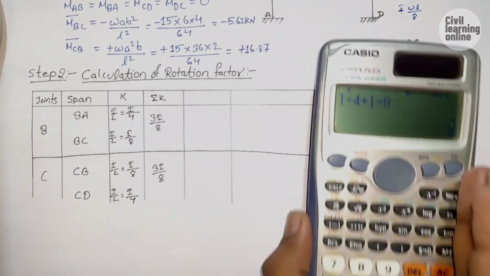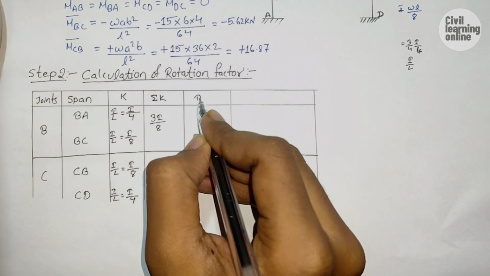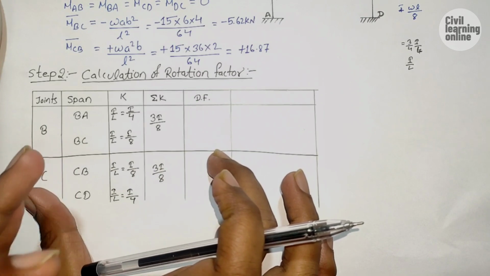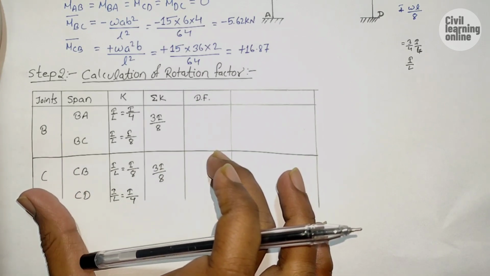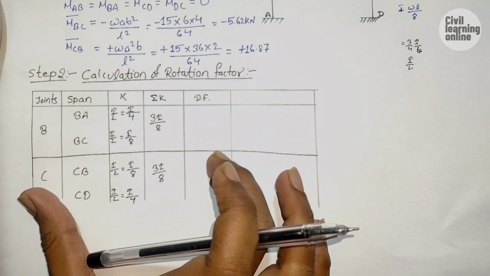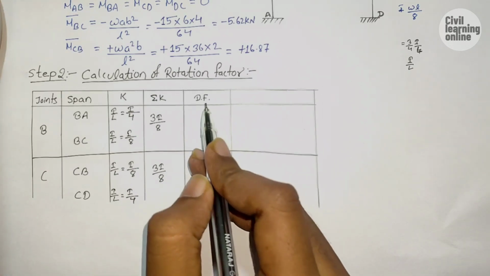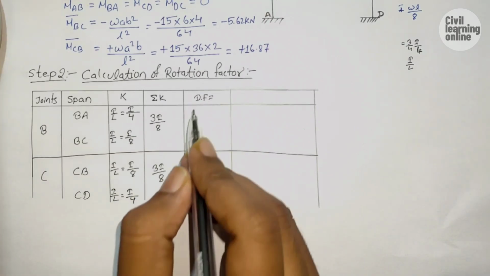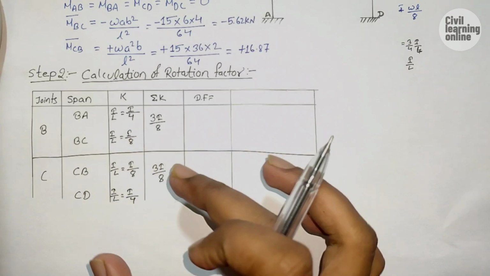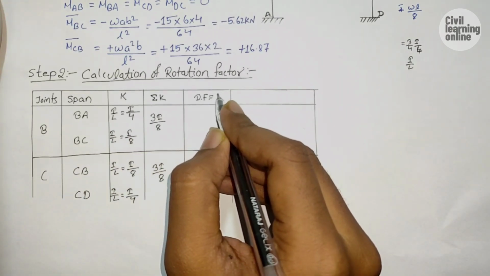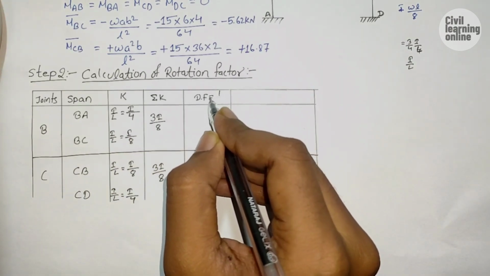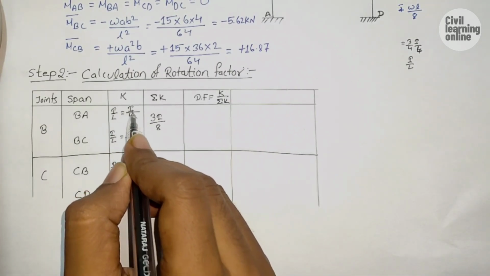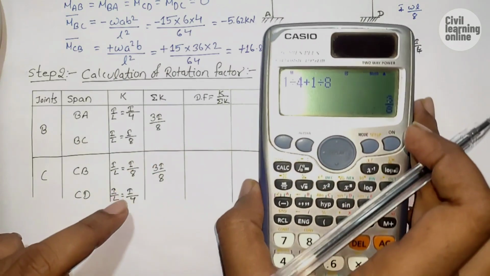Now after doing this we need to find the distribution factor. Up to here, the first and second steps are going to be similar to the moment distribution method, and you will find the links of those videos in the description. And here we need to calculate the distribution factor, and if any of you guys have studied the moment distribution method, then you have the idea how to find the distribution factor. And let me tell you, if you don't know, then distribution factor equals k upon summation k, meaning we need to divide this value by this value. Then let us see how this is done.